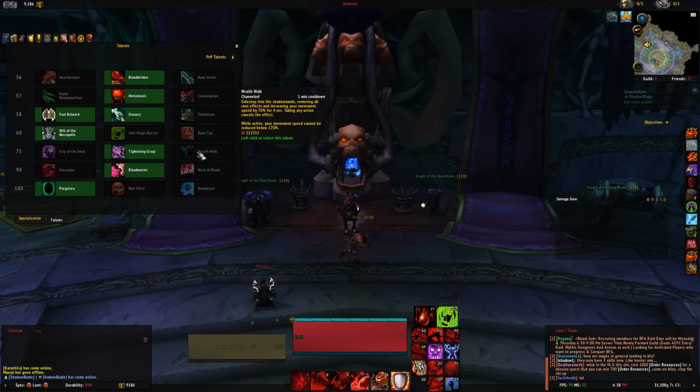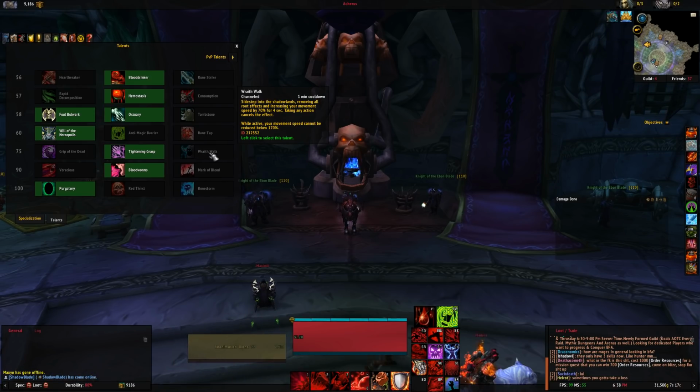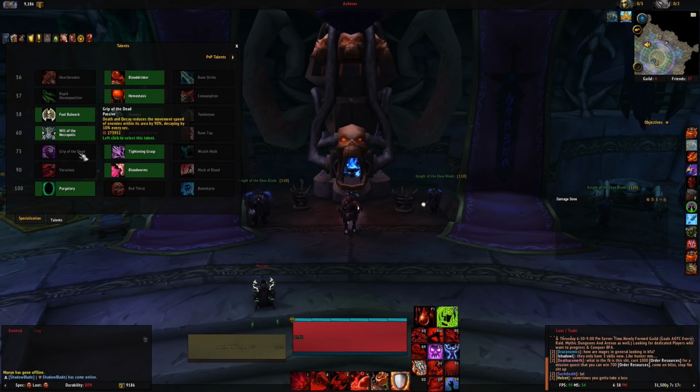Wraith Walk, again, utility, movement, speed increase that is really useful for DKs as we pretty much lack in the movement. So if you need to get somewhere quick in a raid or somewhere quick in a Mythic Plus, definitely go ahead with this. Grip of the Dead is also